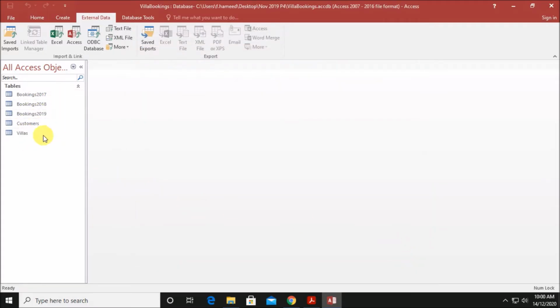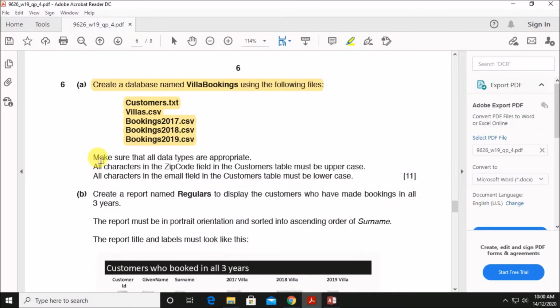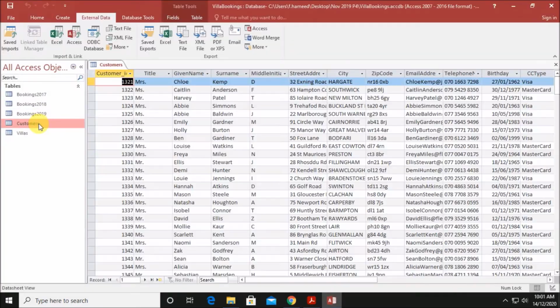Now all the tables are imported. Make sure all the data types are appropriate. We had checked that. All characters in the zip code field in the customers table must be uppercase. So if you take customers table, you can see the zip code. This is in lowercase. We have to convert this to uppercase.